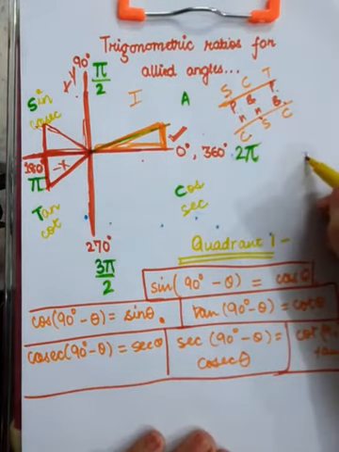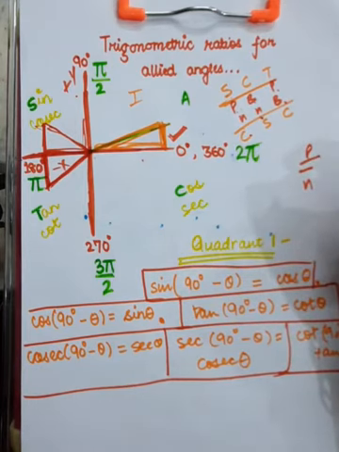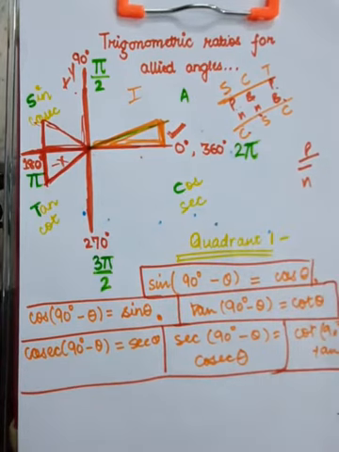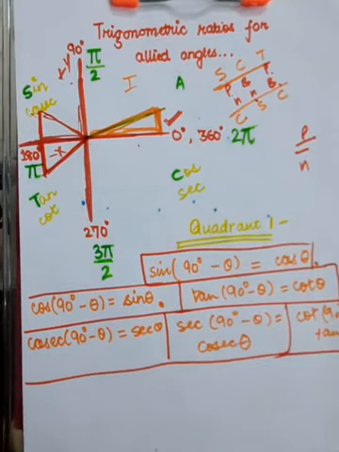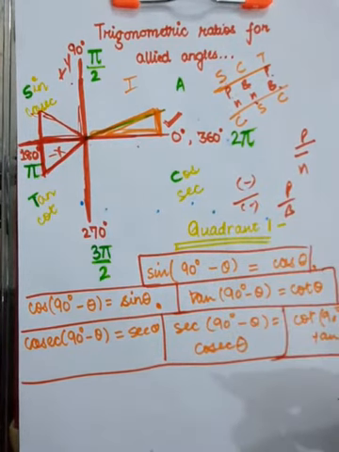So sine is p by h. The perpendicular is negative, so this will also be negative. Cos will be negative, cosecant will be negative, secant will be negative. Now tan and cot are the only quantities which involve perpendicular upon base or base upon perpendicular. So that way minus upon minus gives positive. So here in the third quadrant, both the perpendicular as well as the base are negative quantities. So if there is some trigonometric ratio in which the ratio of these two comes, that trigonometric ratio will yield a positive result.